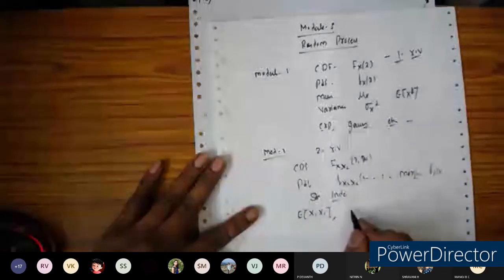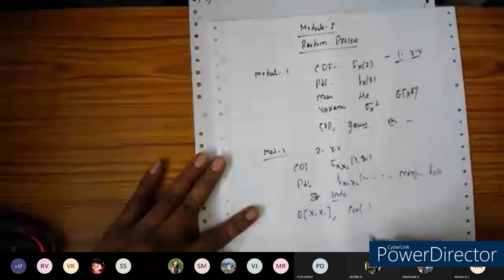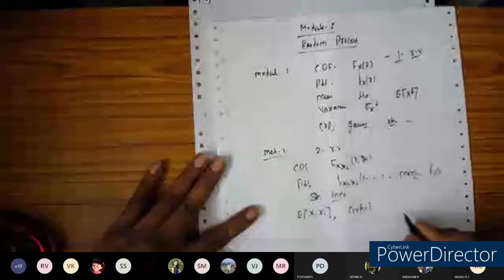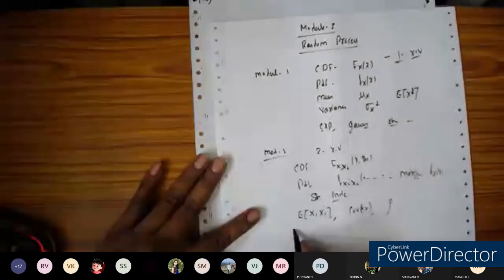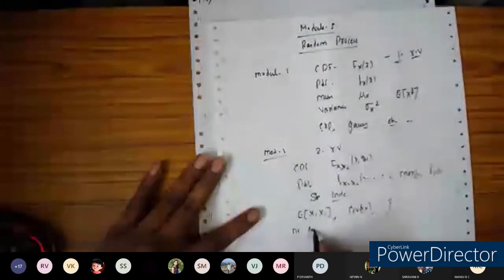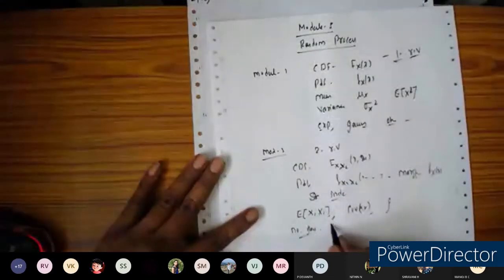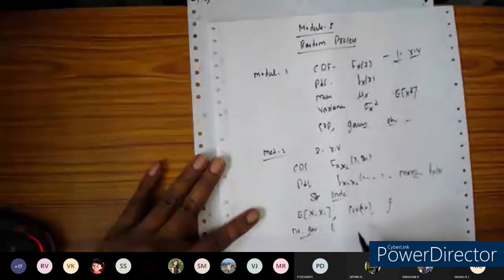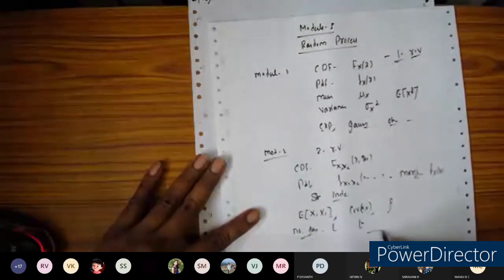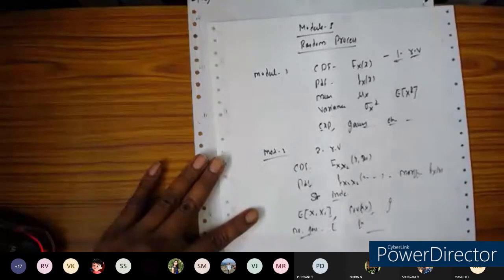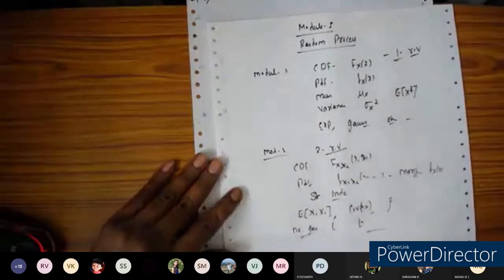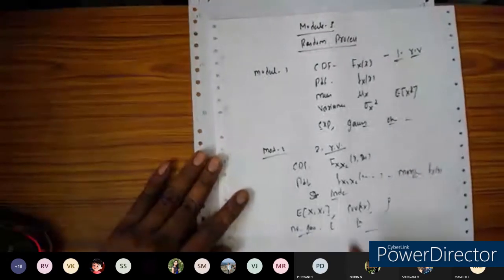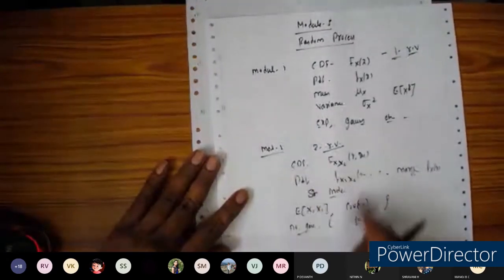We have seen the correlation and the covariance of the random variables x and y, and we defined the correlation coefficient. For the normalized Gaussian random variable, we saw the mean, variance, all those things, some independence characteristics, and many more concepts in module 2. Okay, so that is module 2. This is for two random variables, with the CDF, PDF and everything.